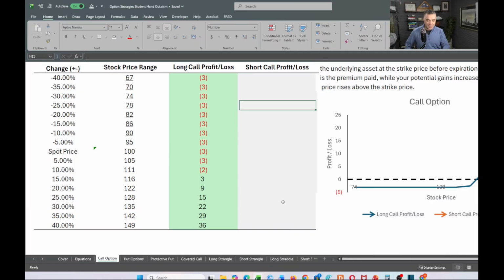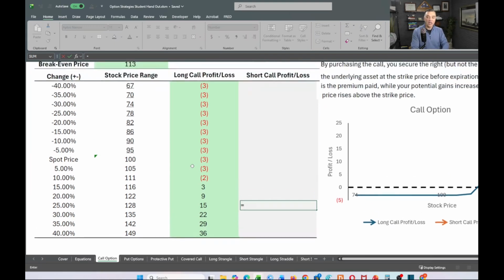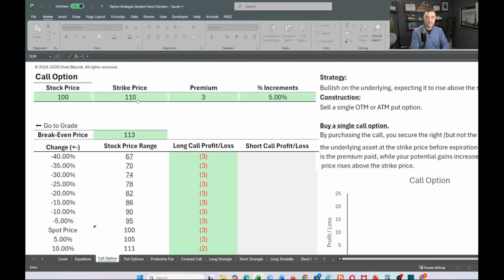So the seller must make up that to pay the buyer. So it's going to be inverted. If the buyer's is the stock price minus the strike, the seller must be the strike price